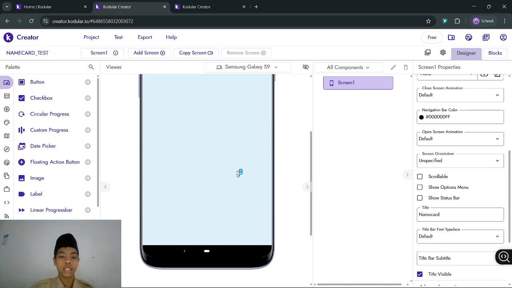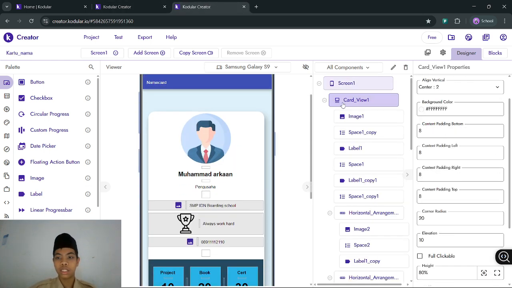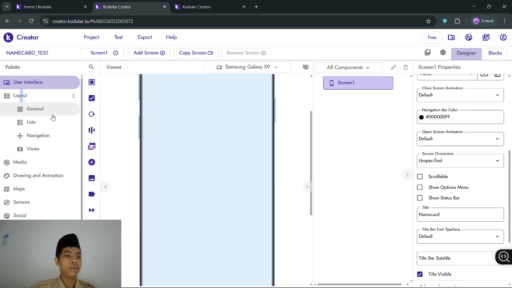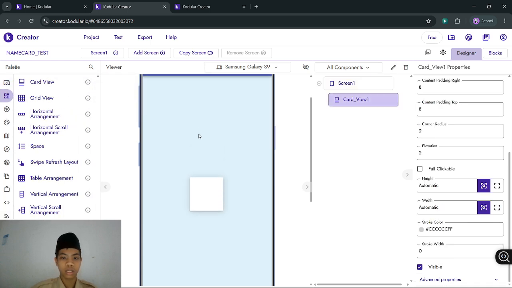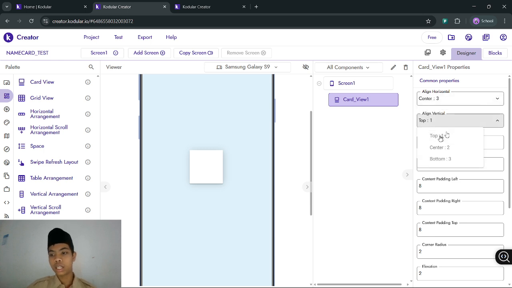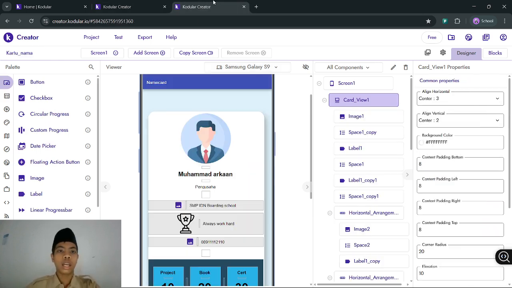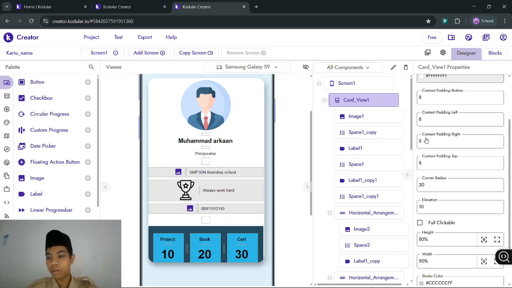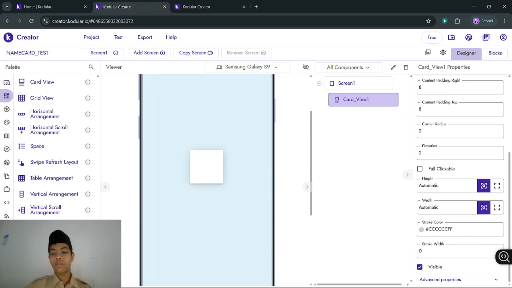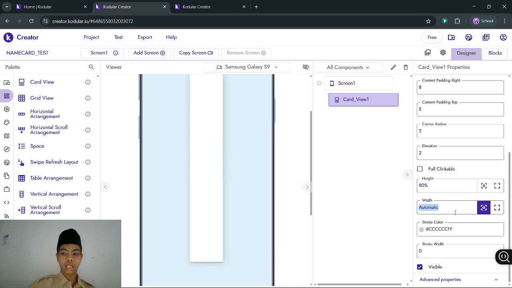And then after that, first we add a card view. We add the card view in the layout, and then align horizontal center, align vertical center, and for the card view the height is 80% and the width is 90%, like this.